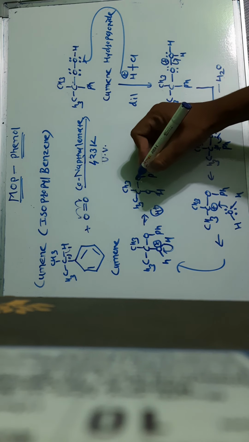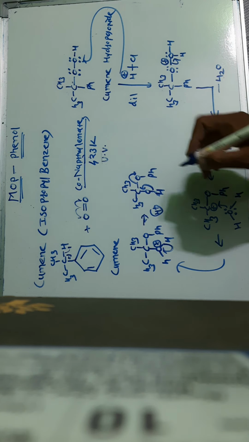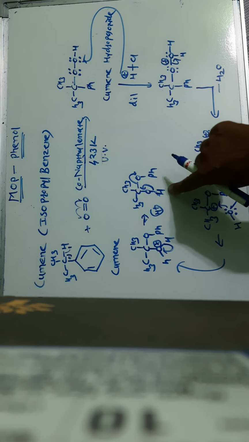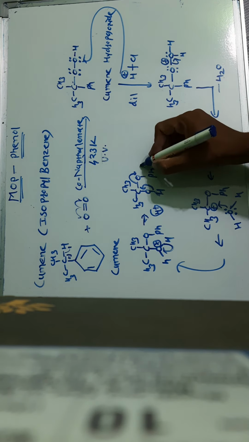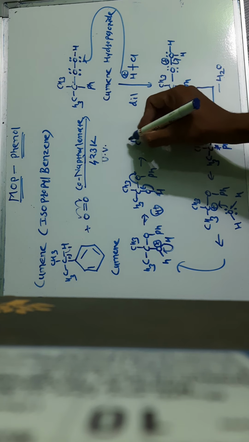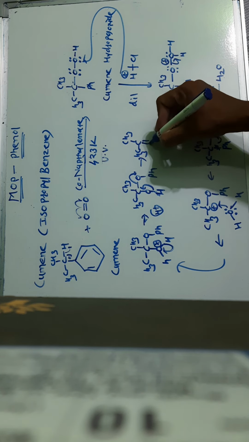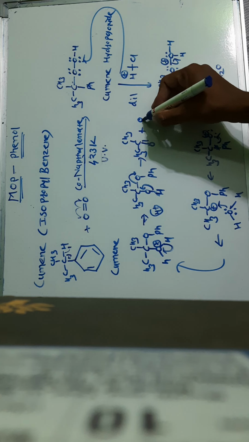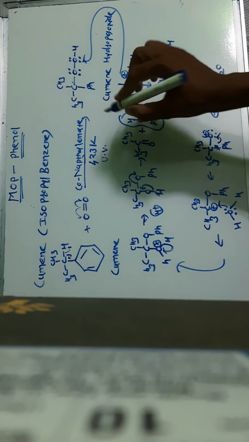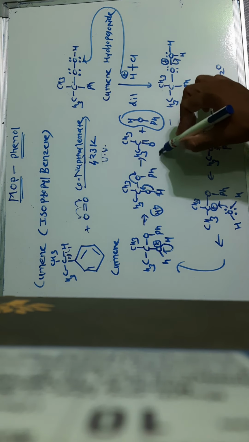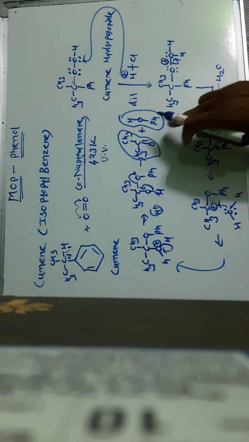Now, if this oxygen acquires these electrons, then this electron is shifted to this carbon. Why? Because this is the acidic H plus ion. This is the acidic group. This hydrogen is highly acidic in nature. It can easily be removed in the form of H plus ions. And finally, we can get CH3, CH3 double bond O plus OPh, and here the hydrogen comes, and we can get the phenol. We can get the phenol and the acetone. This is our byproduct, and this is the mechanism of formation of phenol by using cumene.